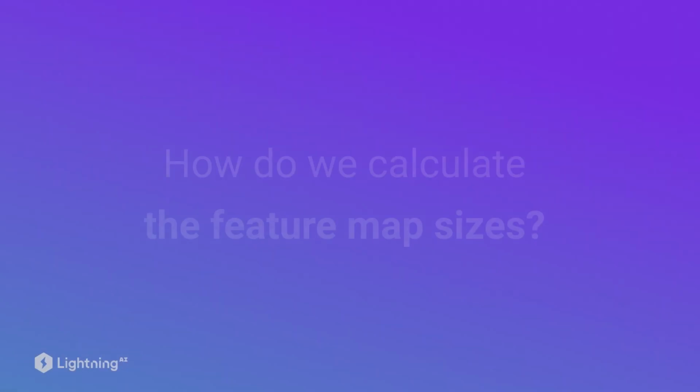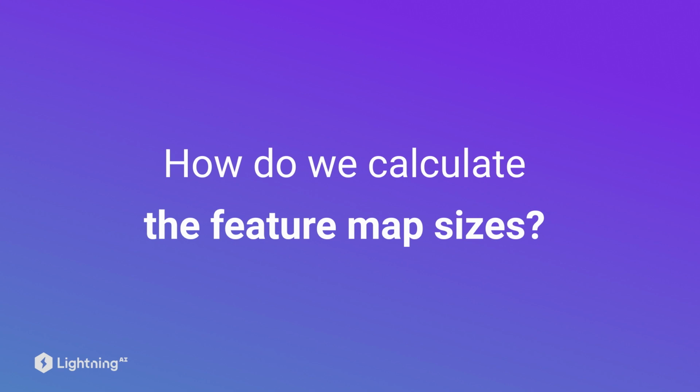So in the previous video we learned how we can reduce the height and the width using the stride parameter. And in this video we are going to talk about a technique called padding that allows us to control the output size more precisely. So when we are designing our own convolutional neural network architectures, it's often helpful to calculate